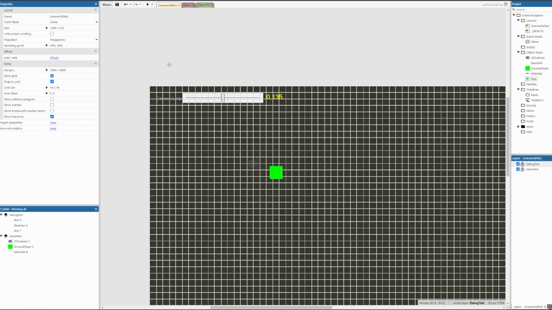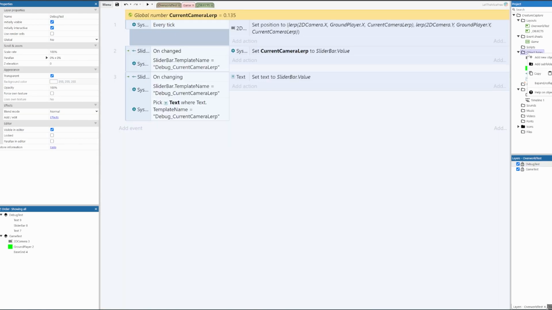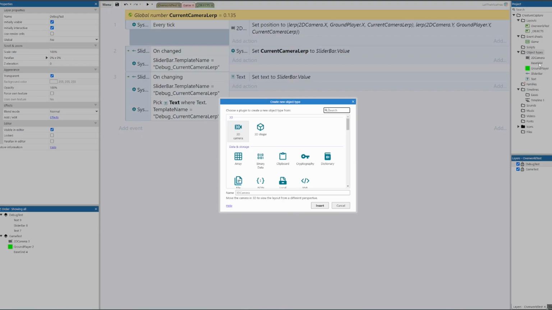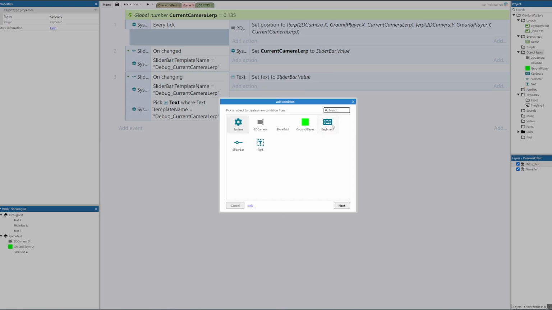Okay, and now I'm going to basically finish this video pretty soon, and I'm just going to show you how to make this layout invisible. So we're going to bring in a new object called the keyboard. This is going to allow us to put in some key combinations, and the first thing I want to do is have a key combination where